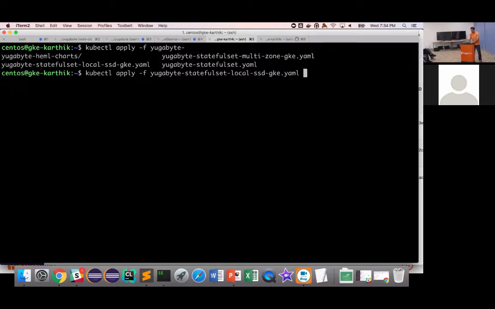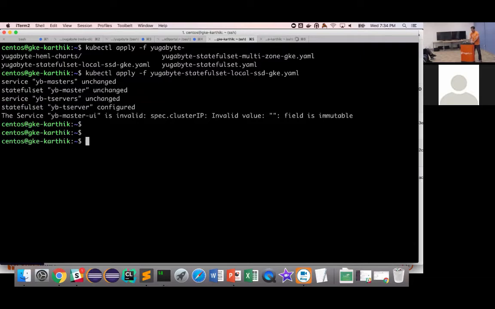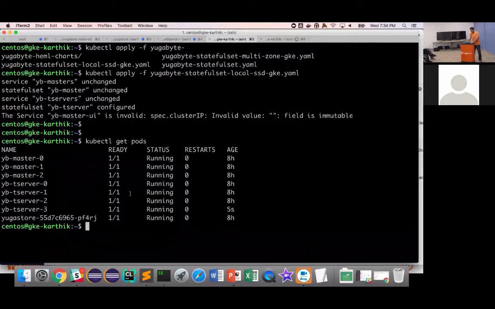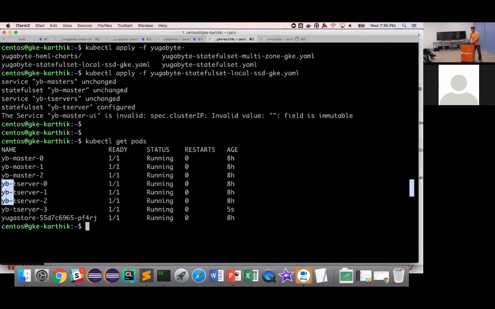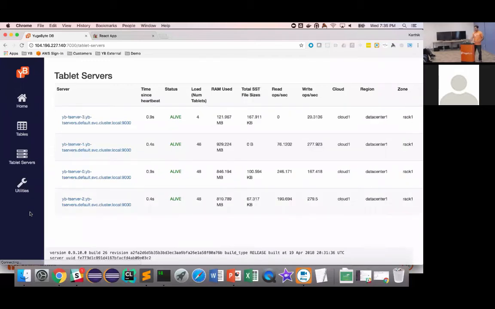Okay, so I'm going to do that. What it will do is bring up a new tablet server. If you remember, there were 3 of these, 0, 1, and 2. Now we have 4 of these, 0, 1, 2, and 3. So there's 4. And if we go in here, what we see is that a new tablet server got added